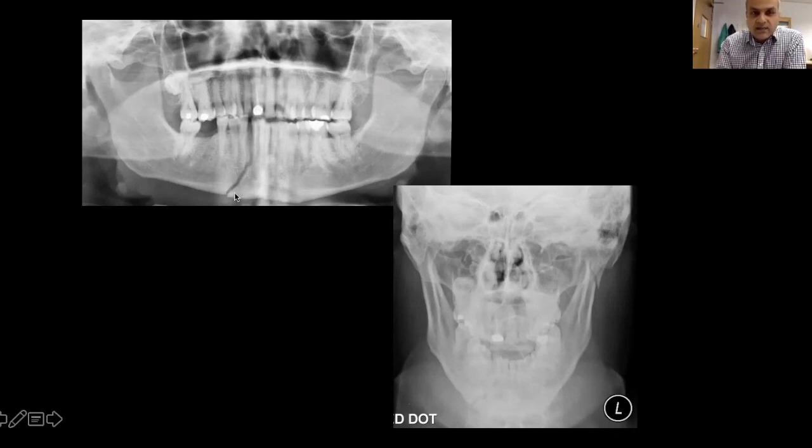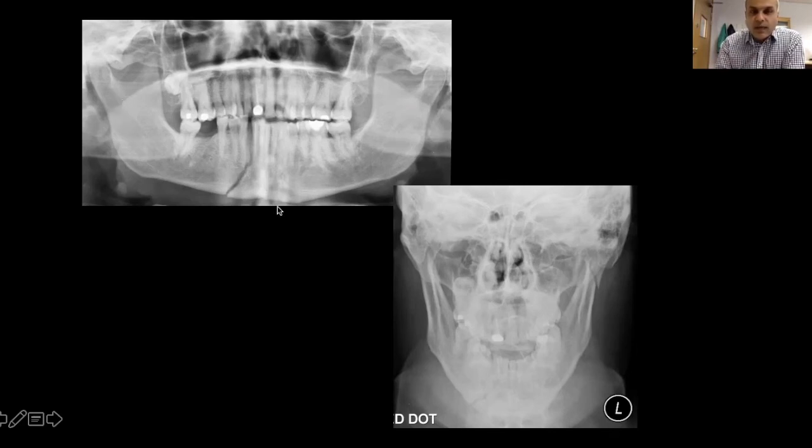So I suspect something here. I can't see anything on this X-ray. Yeah, and we've got a question now of that left condyle. Left condyle. So this is left. But what I was trying to point out here is that if you were